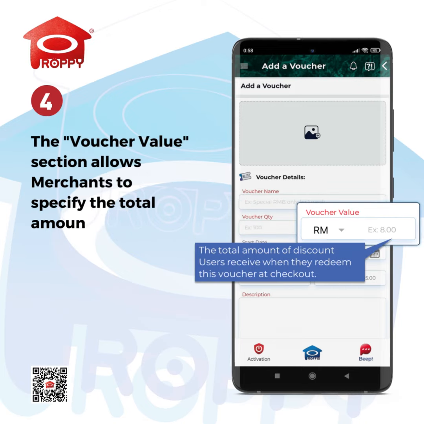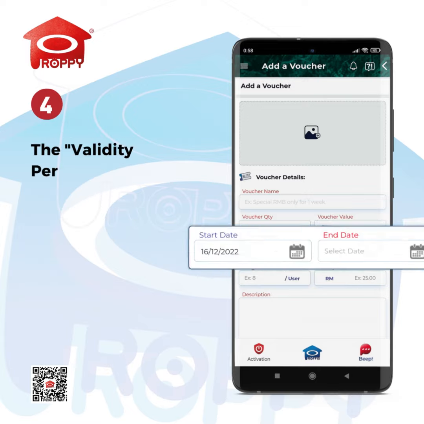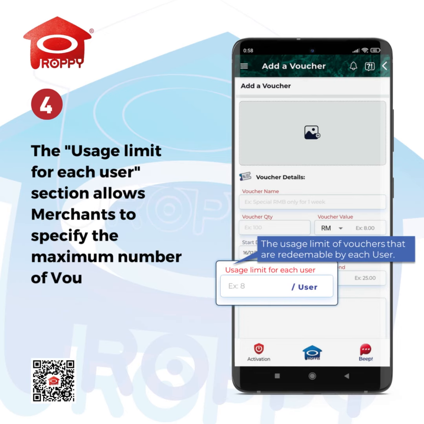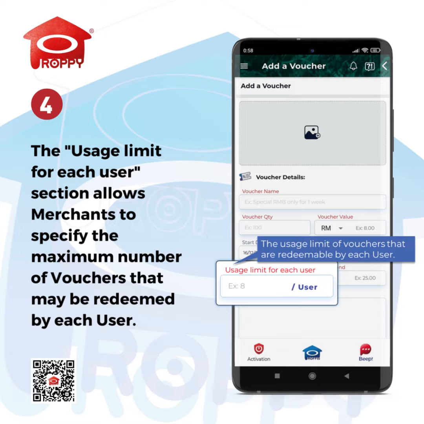The Voucher Value section allows merchants to specify the total amount of discount redeemable by users. The Validity Period section allows merchants to specify the start date and end date of each voucher. The Usage Limit for each user section allows merchants to specify the maximum number of vouchers that may be redeemed